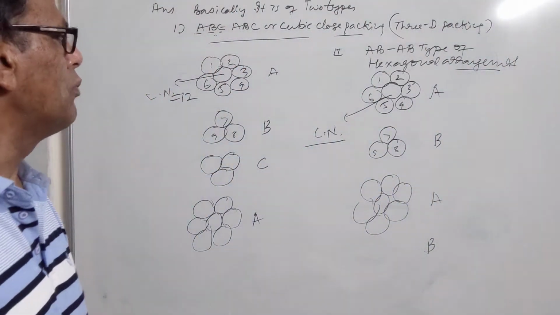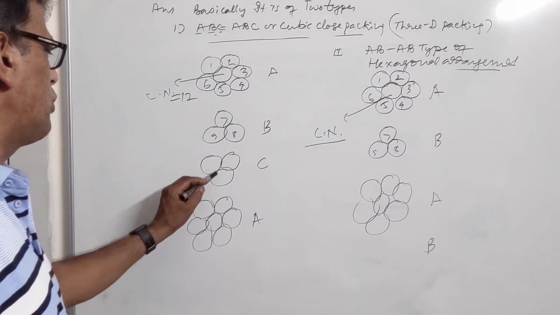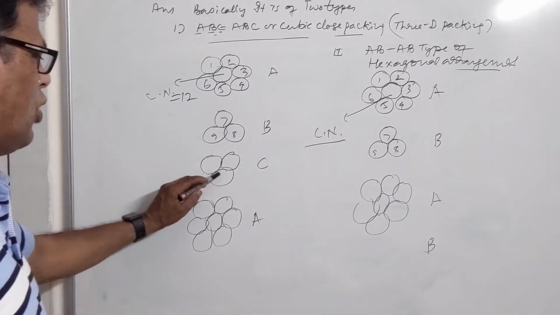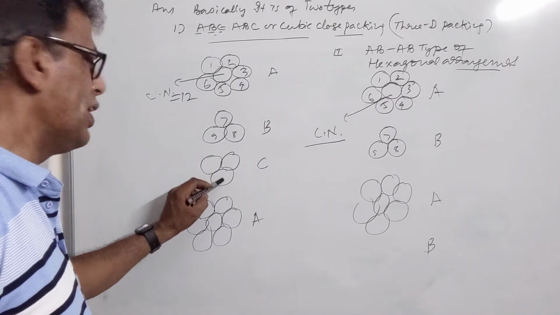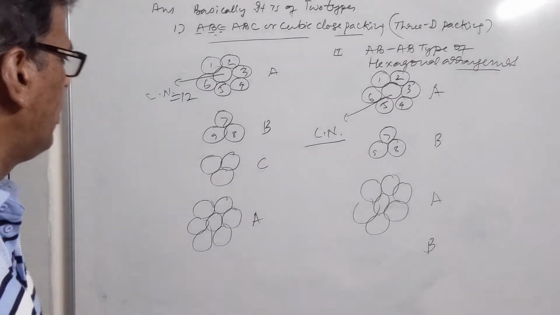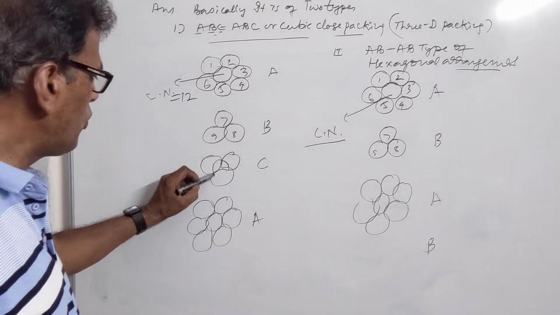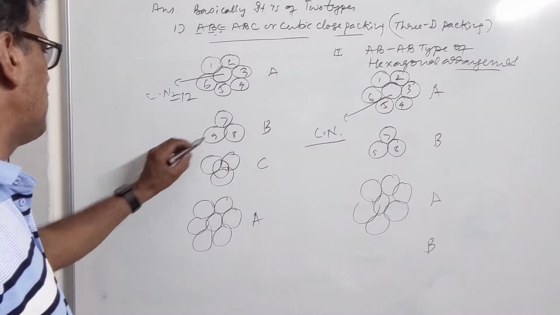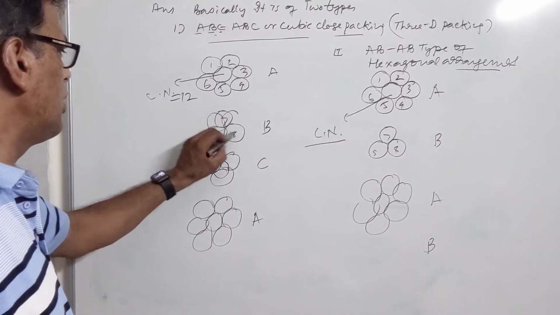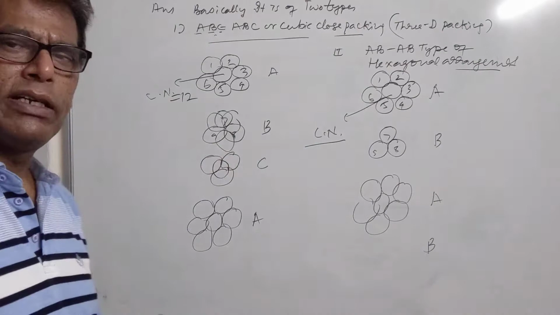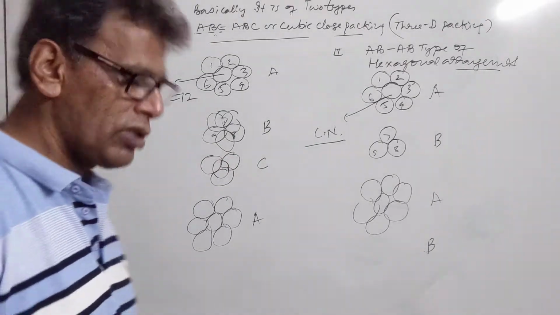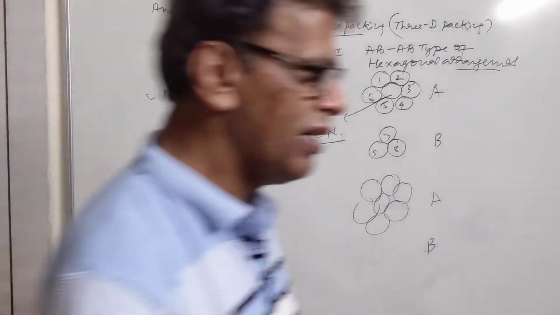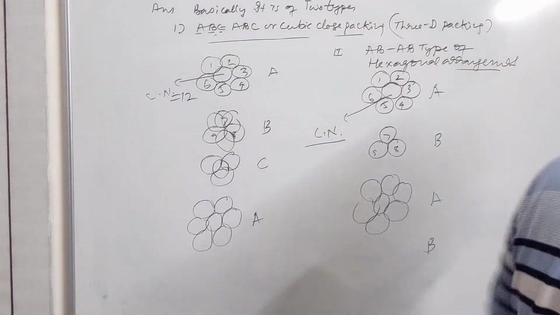Voids are the empty spaces left in between the spheres during packing. If a void is covered by 3 spheres, as this void is there, it is called a triangular void. If a void is covered by 4 spheres, that is called a tetrahedral void. If a void is covered by 6 spheres, like this, if 3 spheres are placed on top, then the void covered by 6 spheres is called an octahedral void. So we have taken that idea about voids.